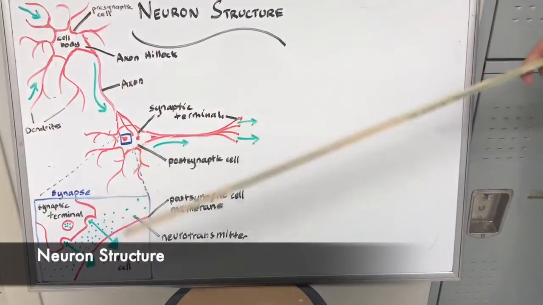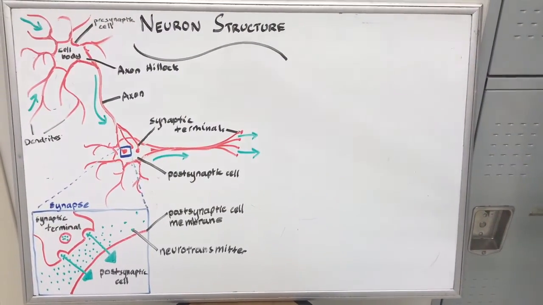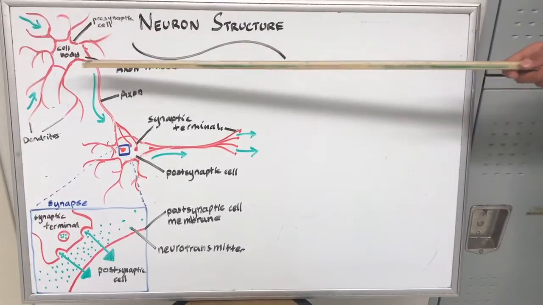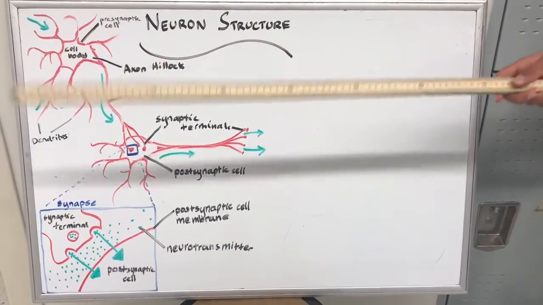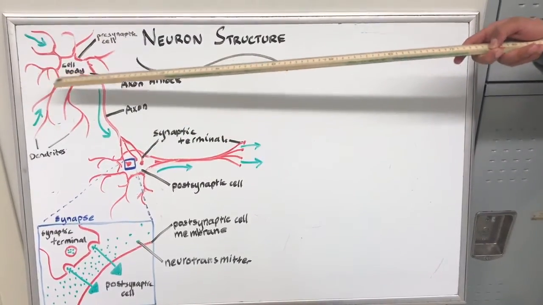This is a diagram of two neurons. A neuron is a cell which transmits signals. Most of the neuron's organelles are located here in the cell body. The neuron receives the signal through the dendrites, which are these branches, and then the signal travels into the axon